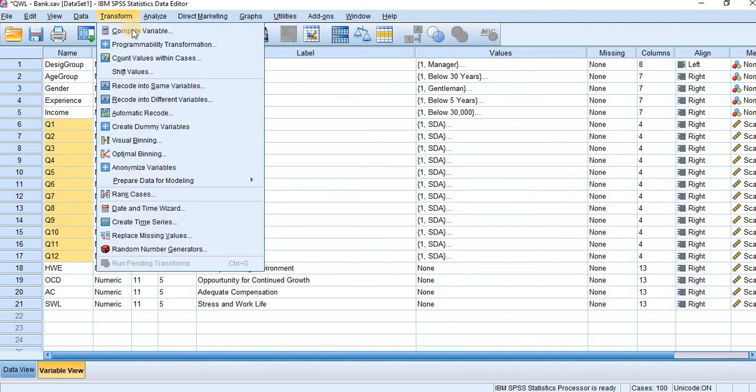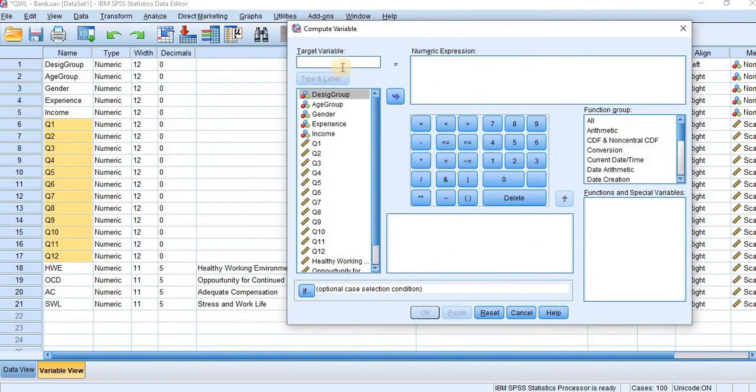Go to transform, compute variables, total quality score.